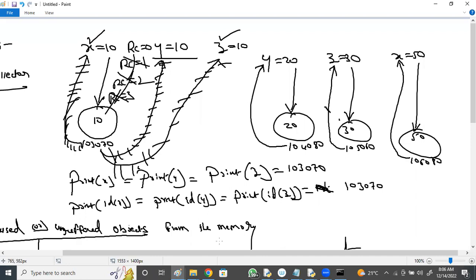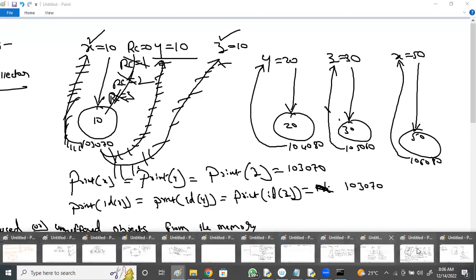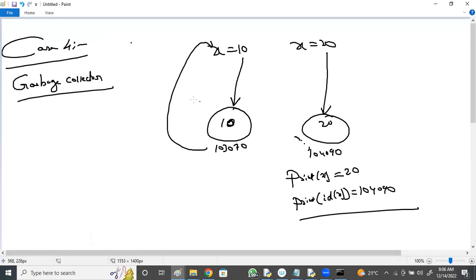Now coming back to this fourth case, based on the discussion we had. Forget about x equal to 20. For x equal to 10, what is the reference count of this object 10? 1. Only one variable x is pointing. But later I have modified that x value to 20.